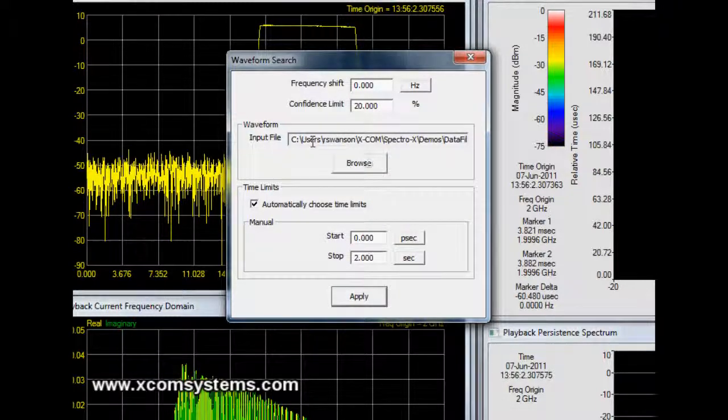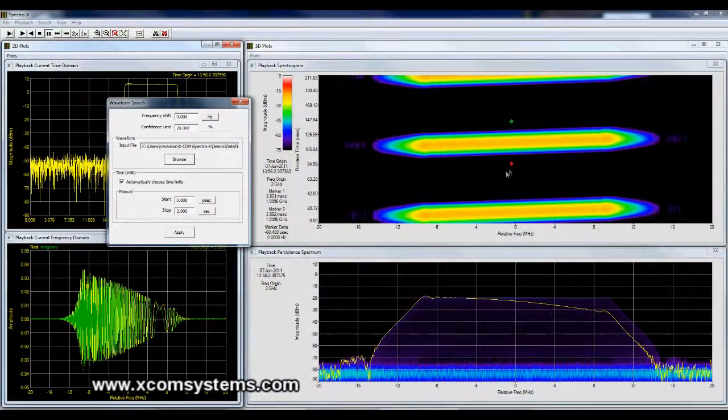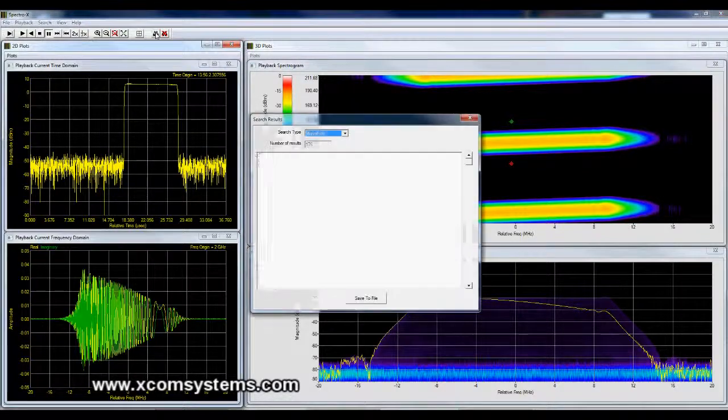The input file is going to be the file that I had previously saved as good LFM, representing the marker delimited export of this chirp time sequence. And I want to go ahead and search through the entire file, because at this point I don't know, and in fact that's the problem, I don't know where in the file the bad chirps are located. So if I go ahead and apply that criteria and start the search,